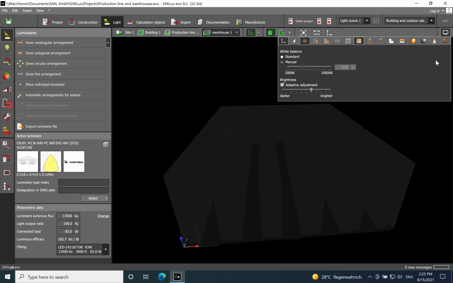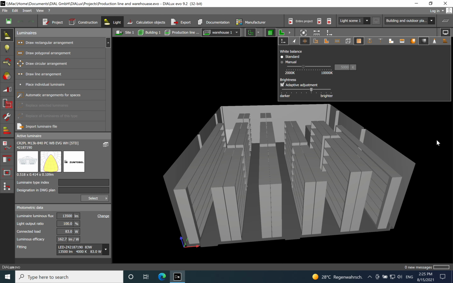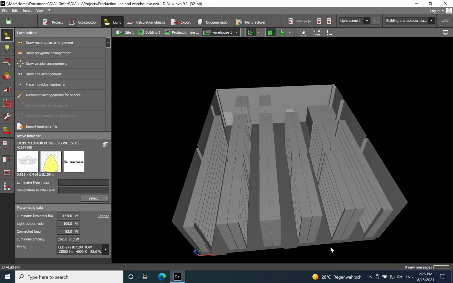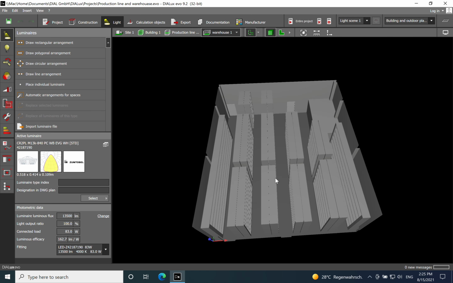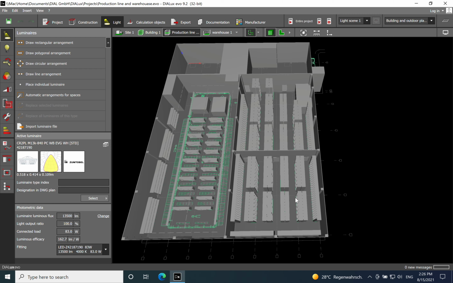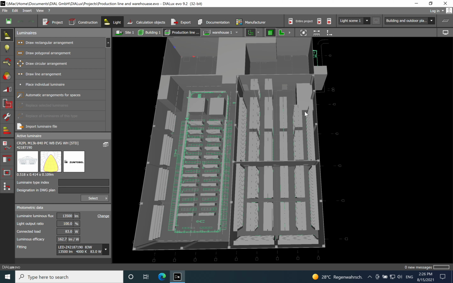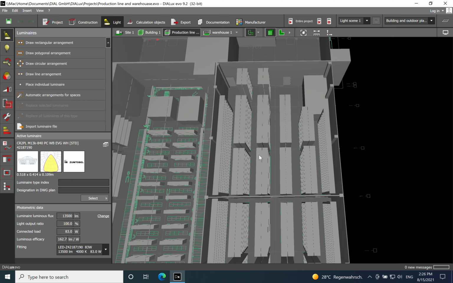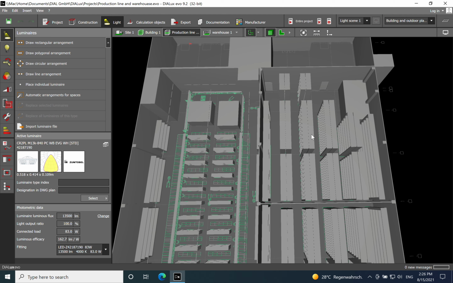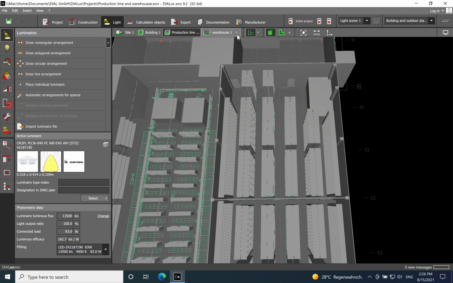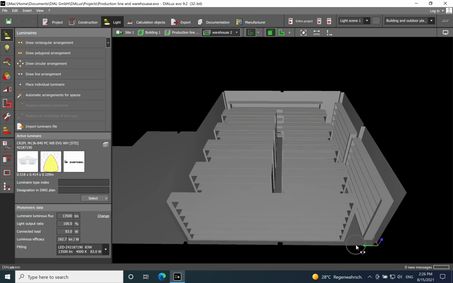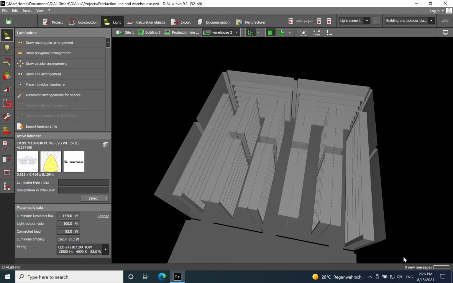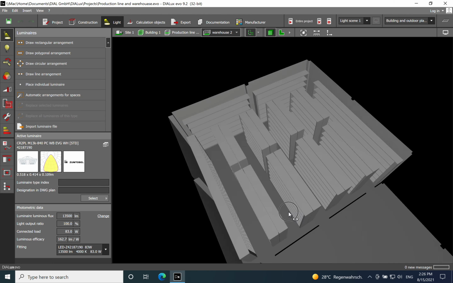Just to have a look, we have a shelf with a height of 8 meters, and for warehouse number one we will go with a continuous line solution for lighting. And for warehouse number two, where we have the same layout, the height of the shelf 8 meters,